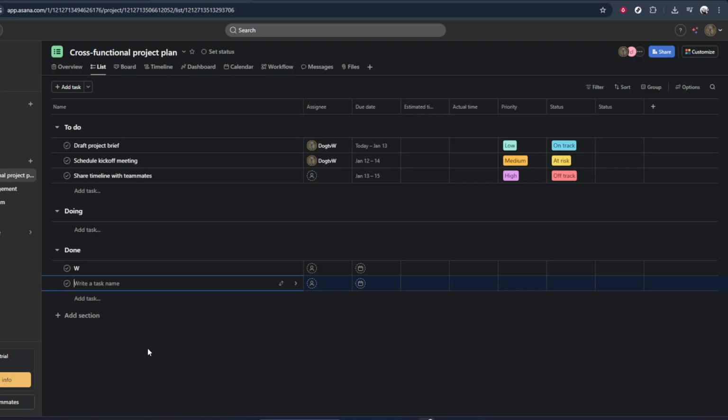If the color doesn't feel quite right, don't worry. You can repeat this process at any time. Just click the icon again, pick a different color, and Asana will update it instantly. This flexibility lets you adjust your system as your projects and priorities change. And that's all there is to it. By quickly changing your project's color icon, you may